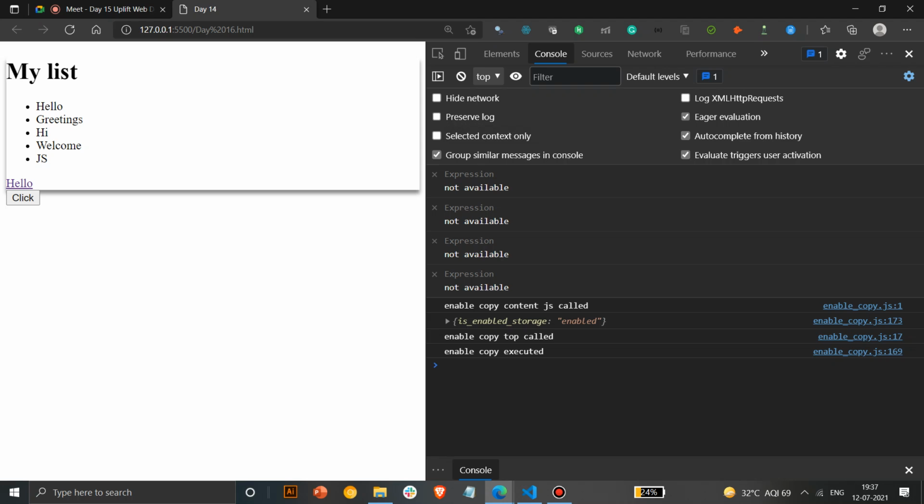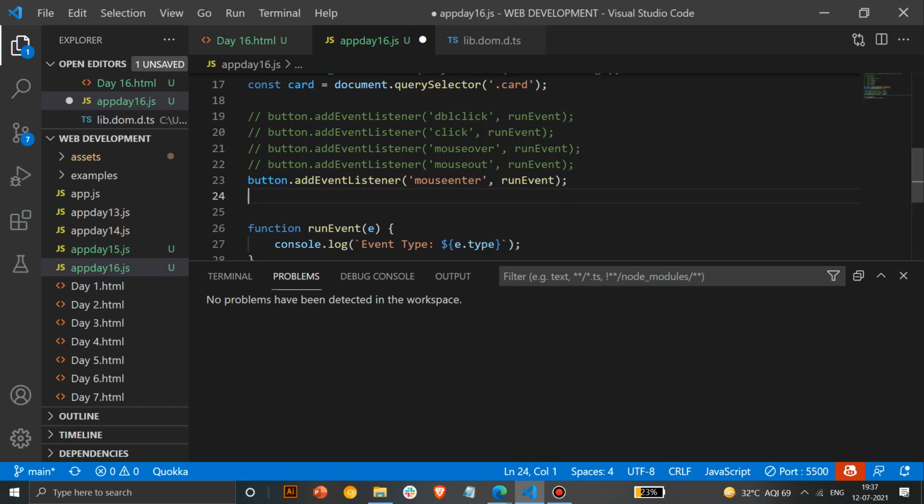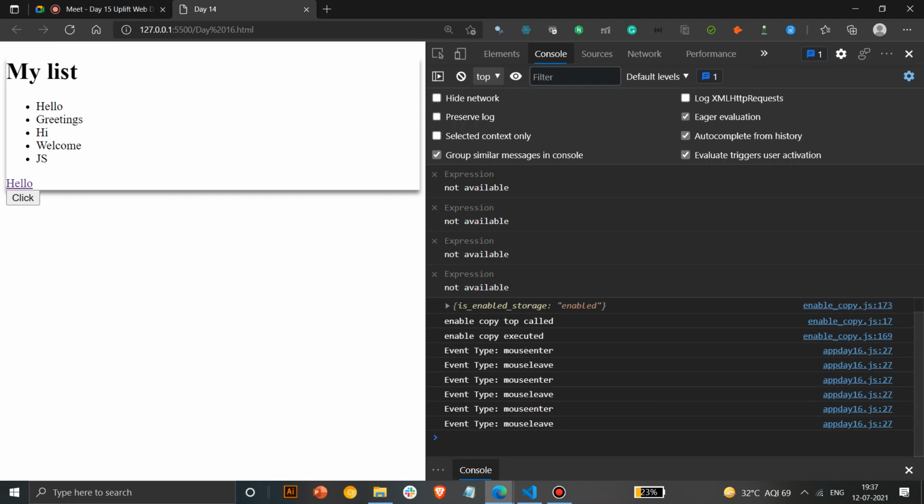Okay. I'll see the syntax for them again and I'll get back to that. Okay. So next, there's something called mouse enter and mouse leave. So these should also work. So yes, if you do the same thing,